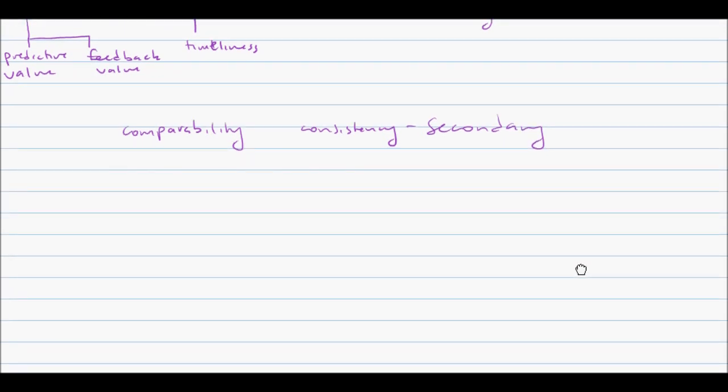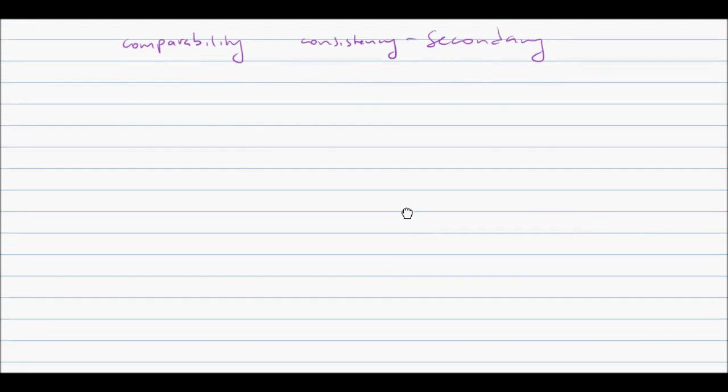So that was just the first half of the second level. The second half goes over elements of financial statements. We'll be going over all of these elements in much more detail throughout the rest of the course, so I'm just going to give an overview of each element right now. So the first element is assets.